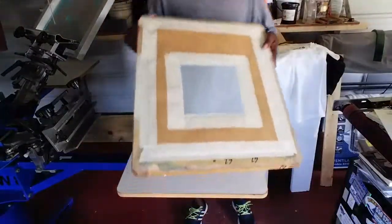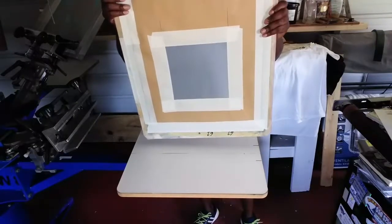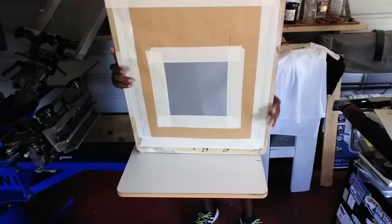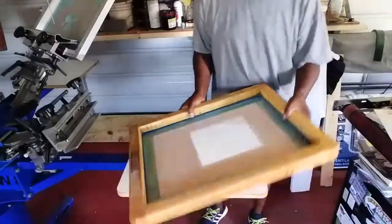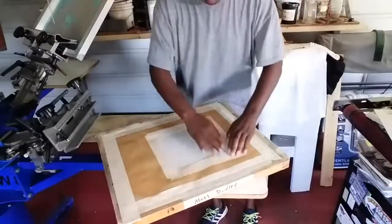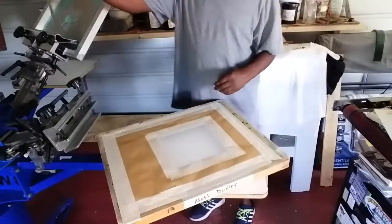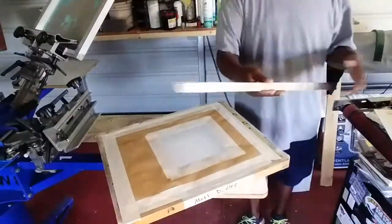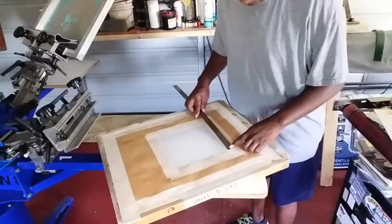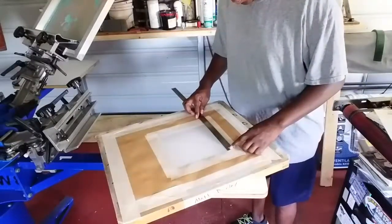Okay, now we have our stencil done for our numbering system. So now what we do is, it's coming up a little bit, but we ain't gonna worry about that. So now what we do is we find the center. So here's a self-centering ruler. We put one end here, and then it'll tell us